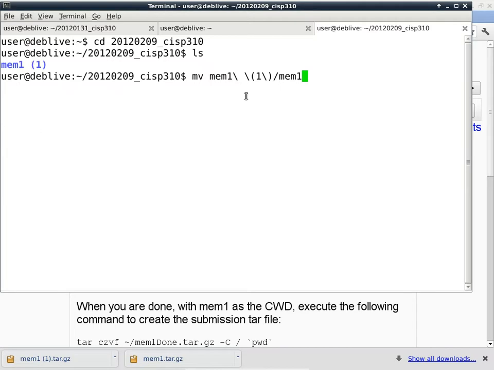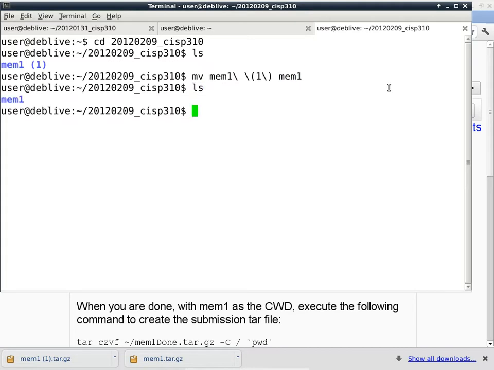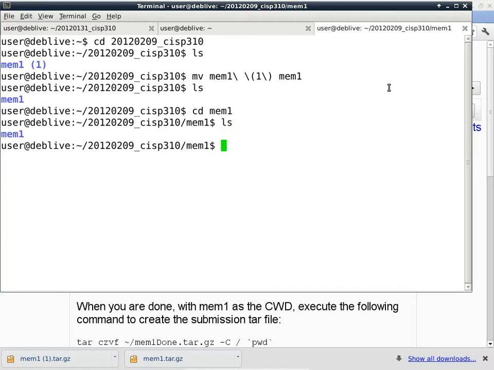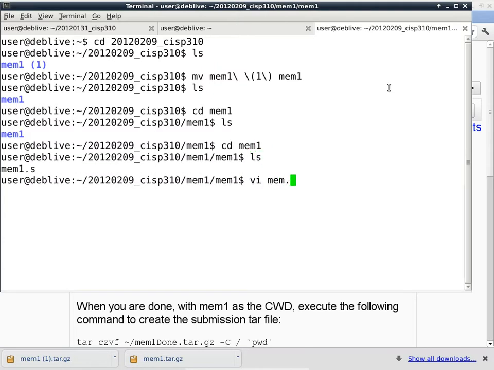And the same thing applies to the parentheses, because parentheses also have special meanings in bash. And then I can just rename it to mem1. So this is the original file name. I give it a new file name, mem1, and that renamed the folder. You can also use a GUI to do the same thing, but in case anyone wants to use the command line, this is how it is done when you have funny characters inside a file name or folder name. All right, so let's go to the folder and we'll do the homework assignment,